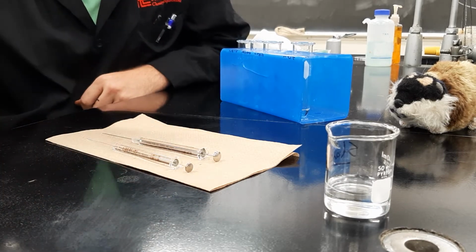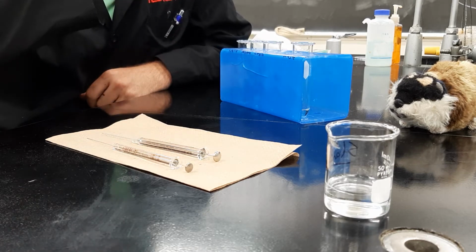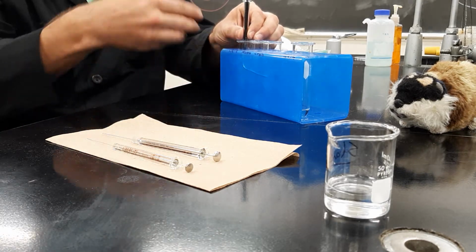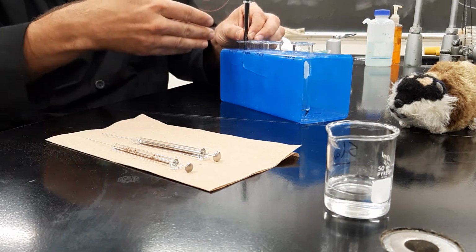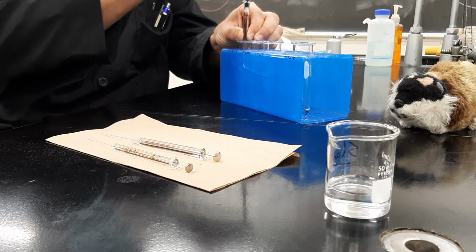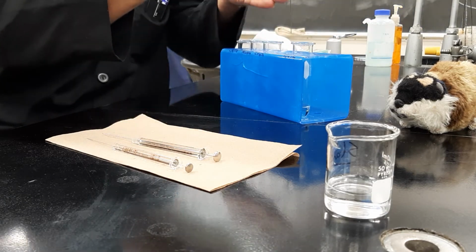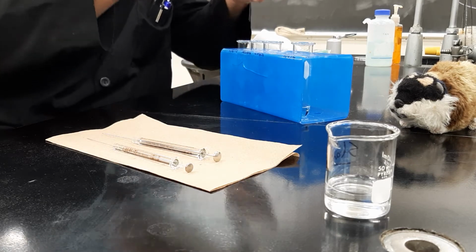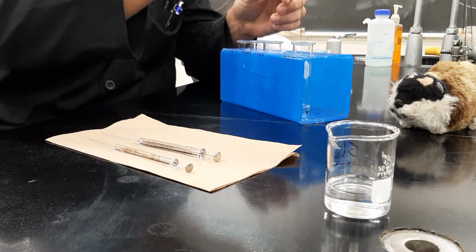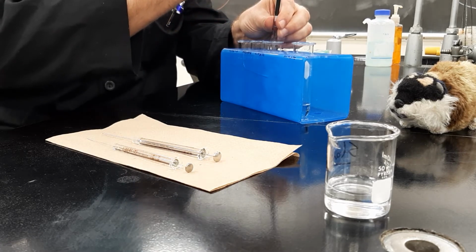The idea is that this would have been contaminated using it in something, and then when you put it in here, it will contaminate this one a little bit because it itself had whatever you were analyzing on it. So you'll fill the barrel all the way up, put it into waste, and then this is mostly clean, but it might have a little bit of residue from that. So then you go down the next line and you do this. So now it's cleaner and then cleaner. And you'll alternate solvents